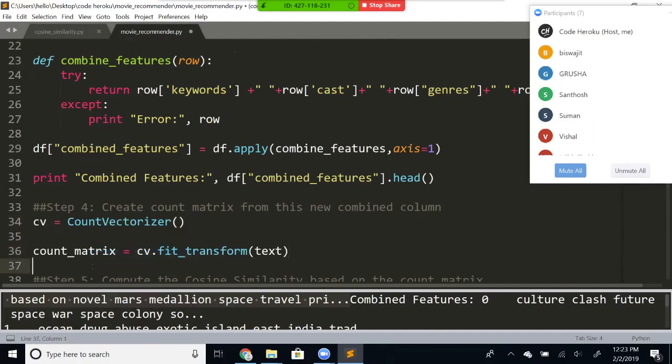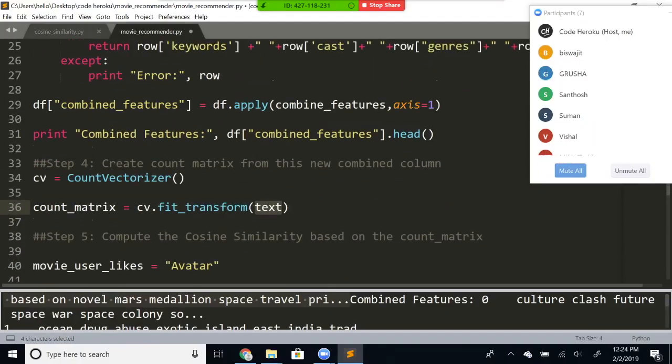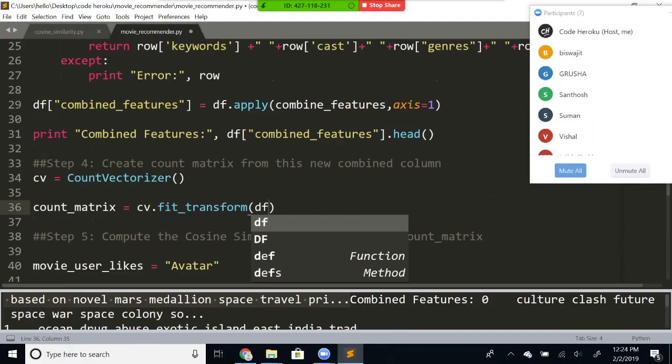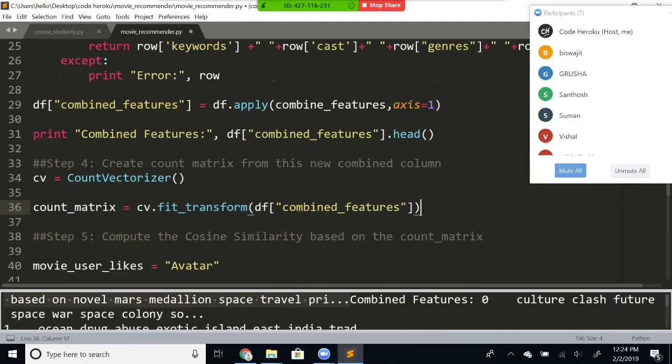And I'm going to say count matrix is equal to cv.fit_transform. Instead of text over here, we have the data frame of combined features from here, right? So we are going to say data frame of combined features. Okay. Save it. And once you are over here,